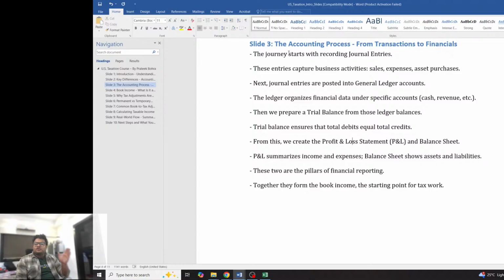General ledger also can have beginning balances. For example, when we talk about balance sheet items, for example cash, it is possible that during the year there have been no transactions made, but that doesn't mean at the end of the year the balance is zero. That's because of how the general ledger works: you will have your beginning balance for balance sheet items, then you will have transactions, and at the end you will get to your ending balance. That's how the general ledger for a balance sheet item works.